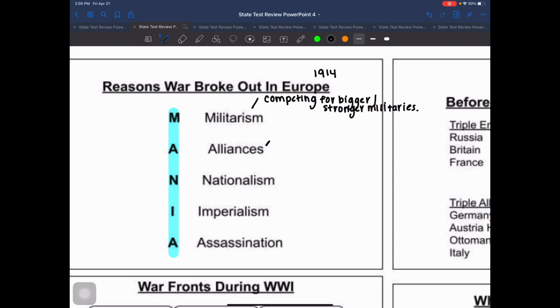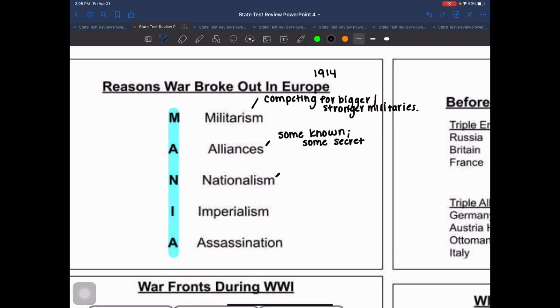There's actually alliances that were formed prior to this war breaking out. I want you to know that some of these alliances, some were known and some were secret. And come to find out, a couple of these secret alliances are going to be what causes this war to be a lot larger than what I think was pretty much initially intended, okay? So having mostly secret alliances is going to be an issue.